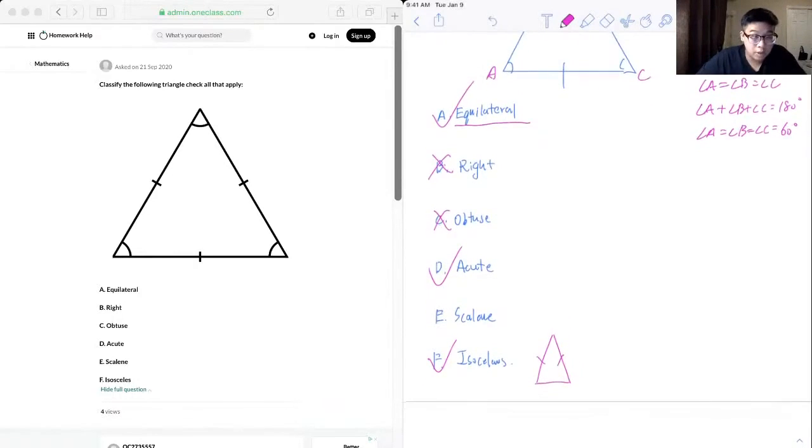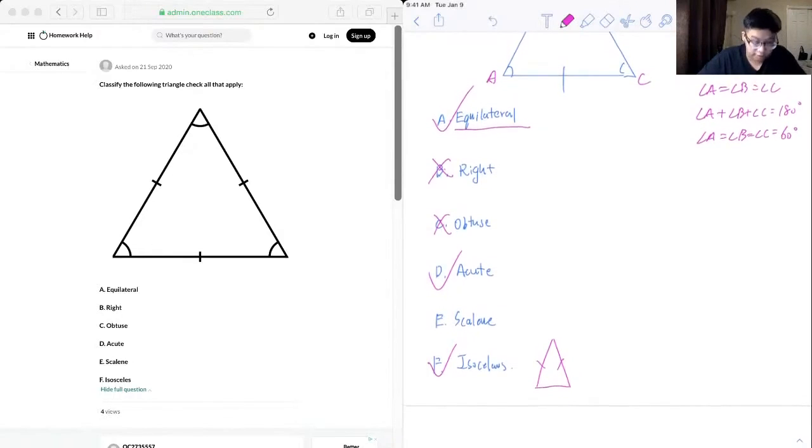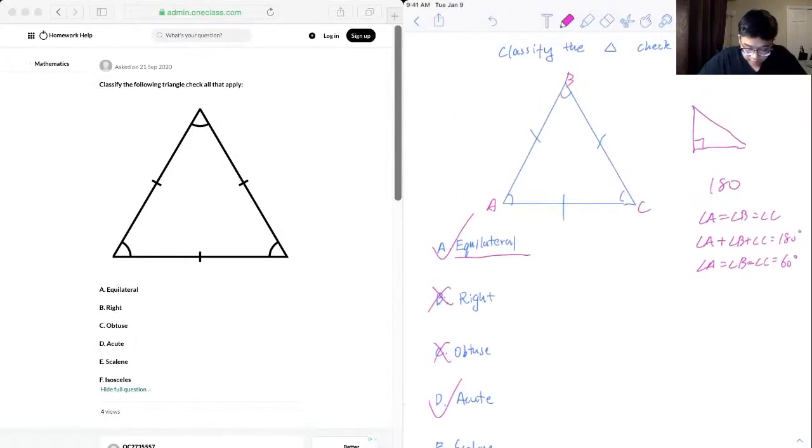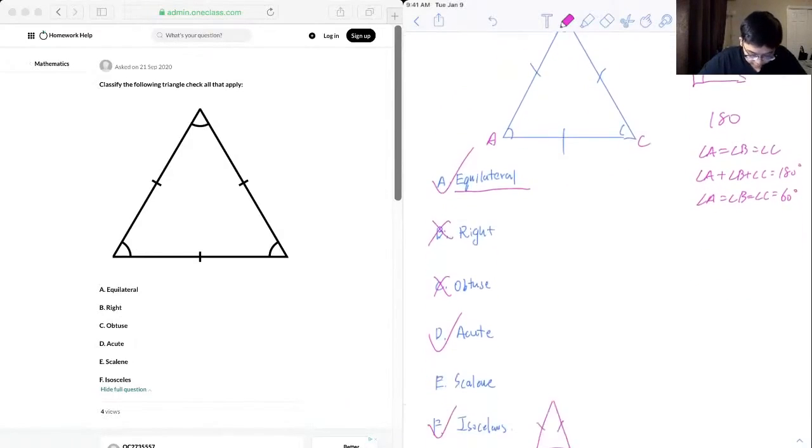So for E, it just means all three sides have different lengths, which is not possible in our case. So our answer would be